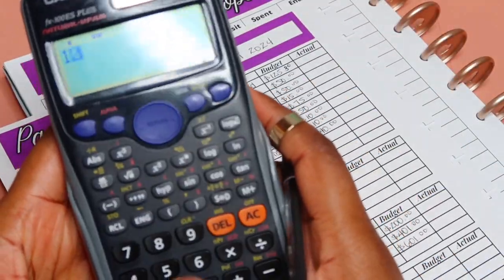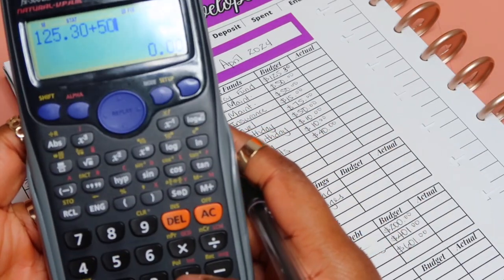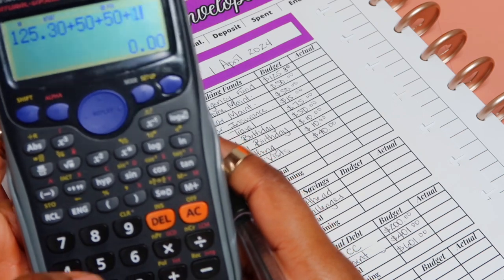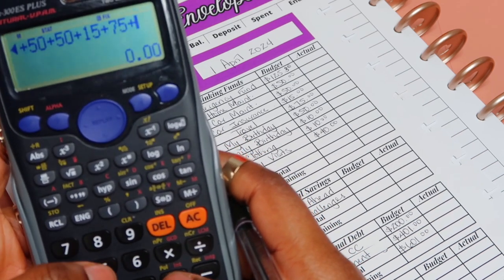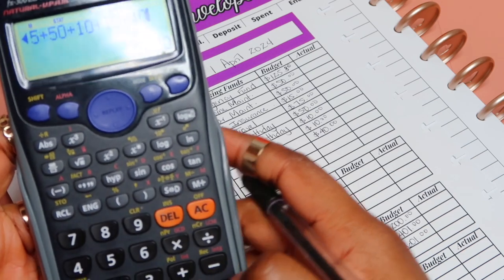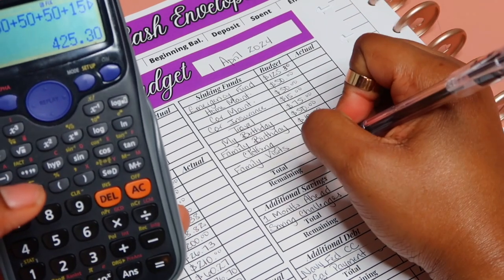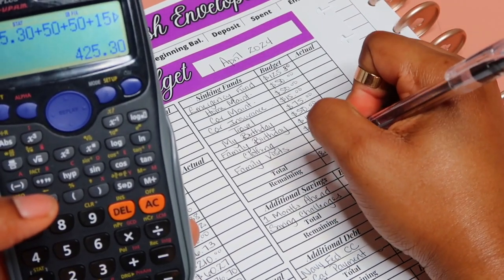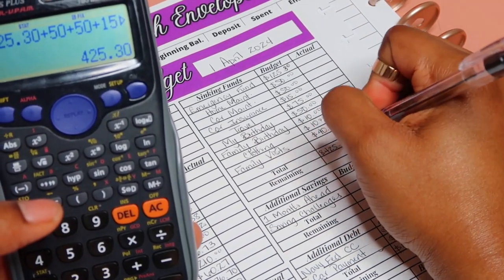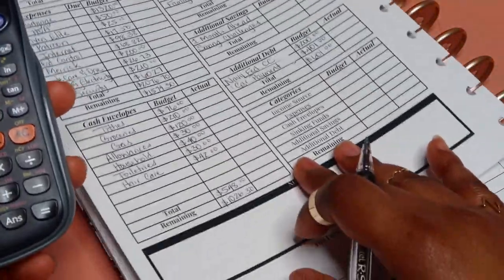So this should equal $425.30. So this is 125.30 plus 50 plus 50 plus 15 plus 75 plus 50 plus 10 plus 10 plus 40. $425.30. Okay, so my total, like I said, is $425.30, and that will come the remaining from this